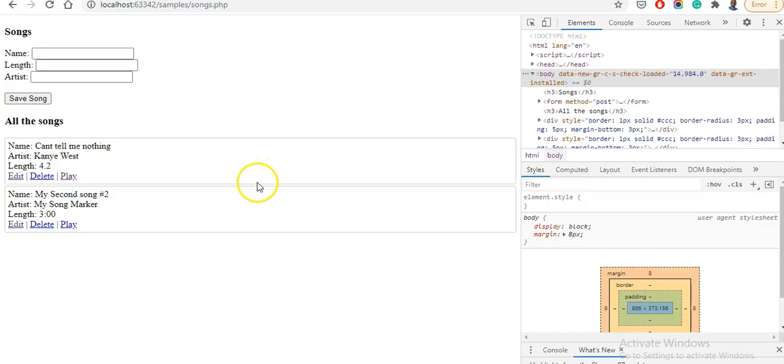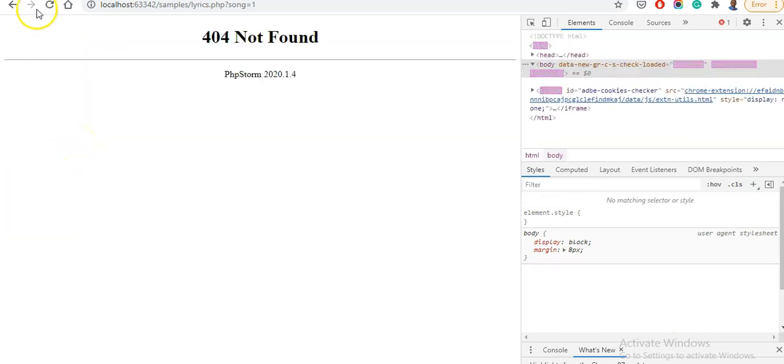So what we're gonna create today is a lyrics machine, or karaoke lyrics machine, something like that. Basically we have a song, so we added a song here. We add the name of the song, the length, and the artist, and then you can edit that song and add lyrics to it,